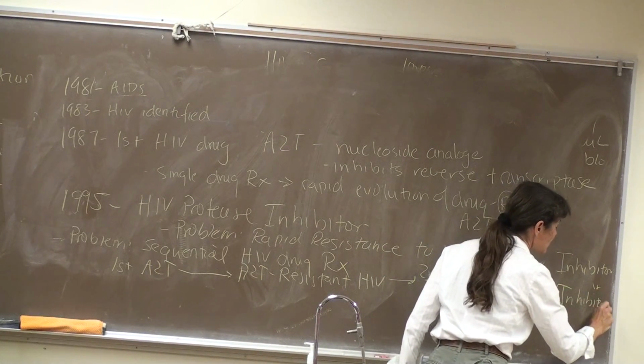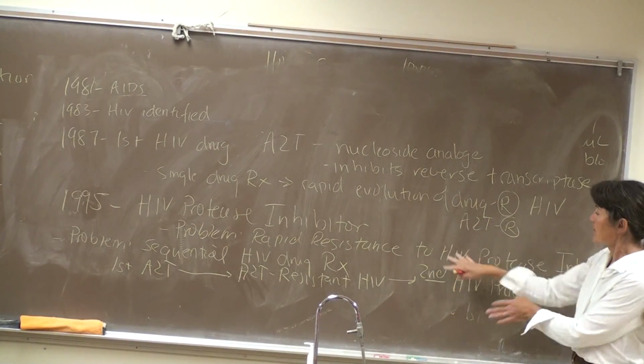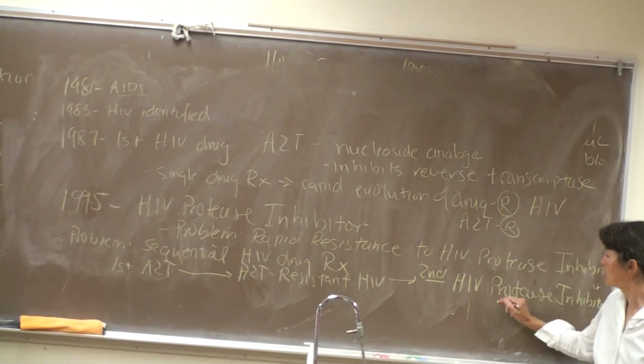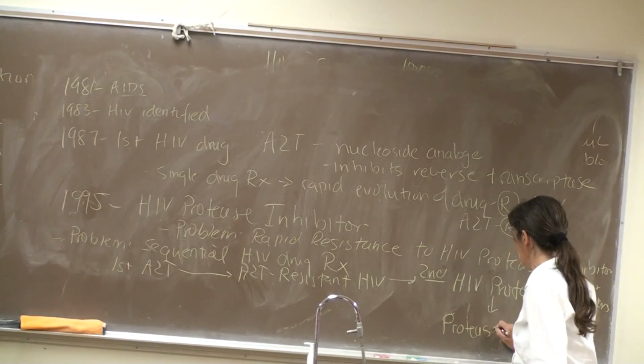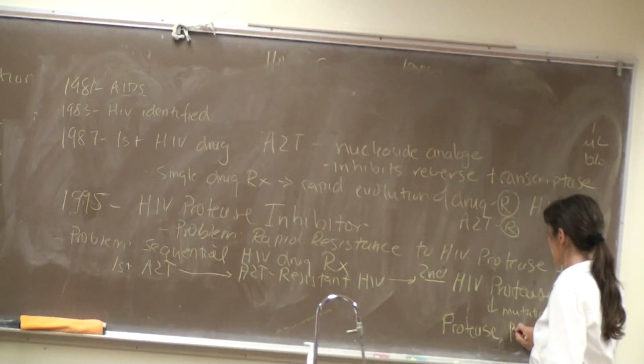And remember, all the HIV are already resistant to AZT, right? So the same high probability that with a mutation, these guys are going to become protease resistant. So through mutation, now we have protease resistant